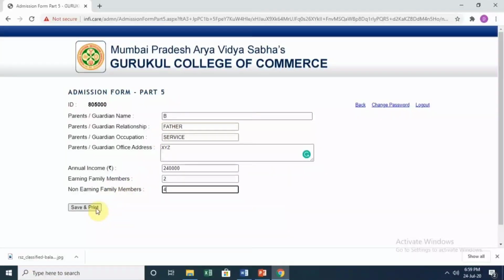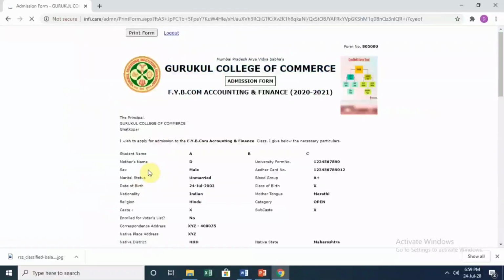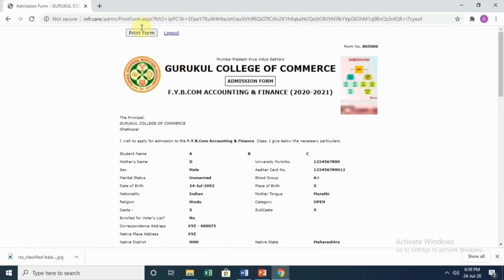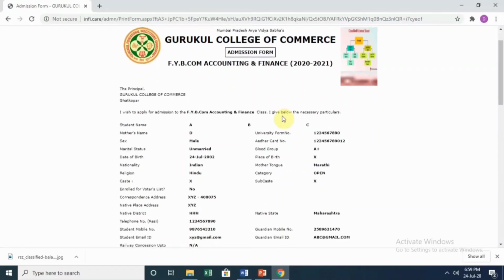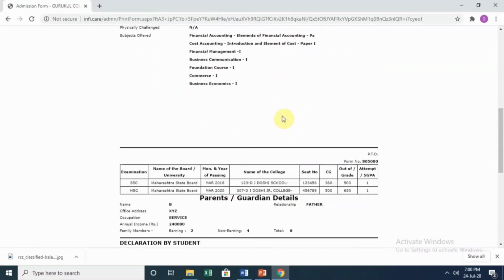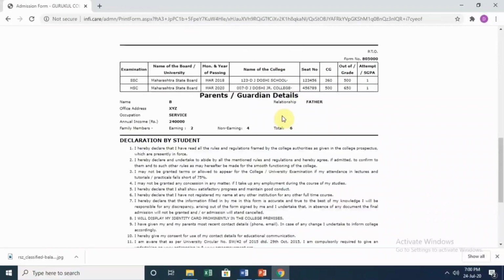Finally click on save and print. This is your final admission form. You can take the printout of it or you can save it into PDF format. All the details which you have filled over here along with your photograph will be displayed here.